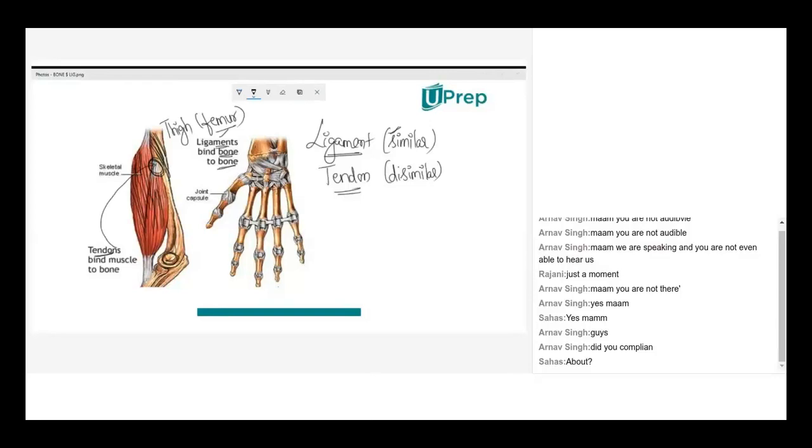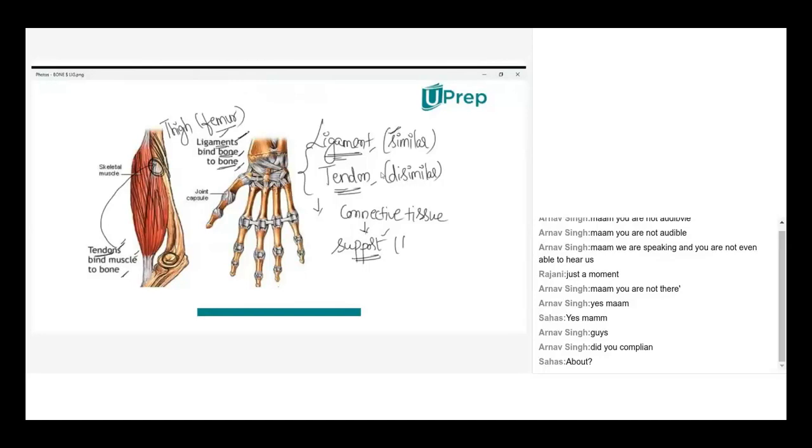Clear with the two terminologies? So ligament and tendon. What are ligament and tendon? Both are connective tissue. I told you the connective tissue will connect various other tissues. So here is how the ligaments and tendons are connecting various other tissues. Like the bone tissue connected by ligament, and the muscle tissue, bone tissue connected by tendon. Now other than that, these ligament and tendon tissues give support. What kind of support will the muscle and bone give to the body?